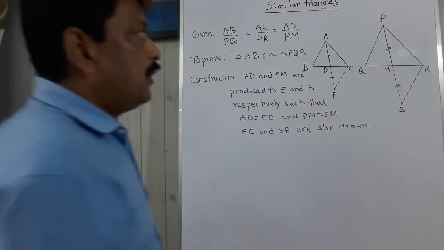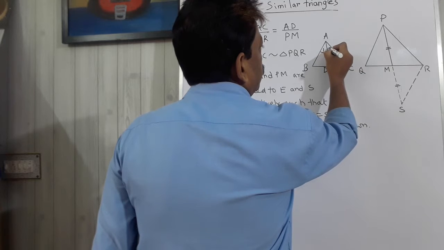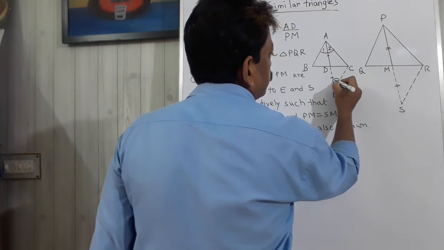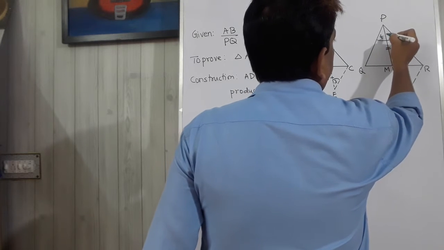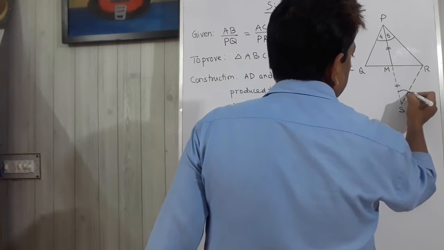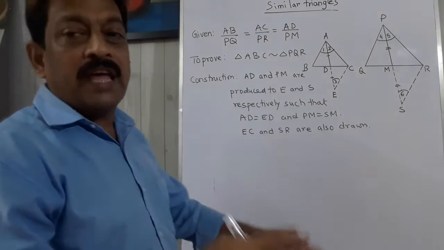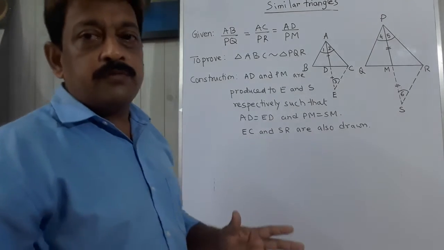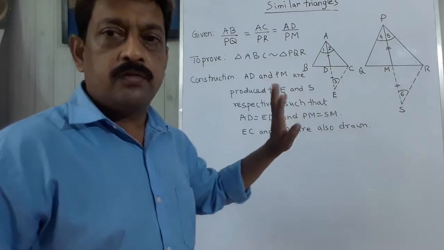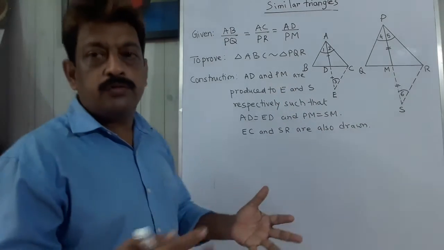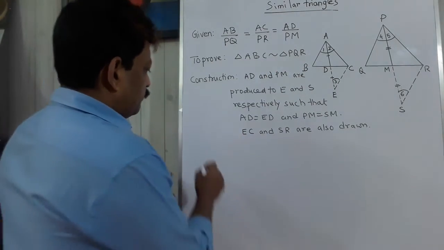Now let me mark the angles. Suppose this is angle 1, 2 and this is angle 3. Similarly, let these two angles be 4, 5 and 6. By marking the angles, it becomes easier to understand. We don't have to write the name of the angle so many times, and then a bit of confusion arises. So I am numbering the angles, so it will be easy for us to name the angle as 1, 2, 3, 4, 5, 6 like that. Okay, understood this much? Now we have to start the proof.